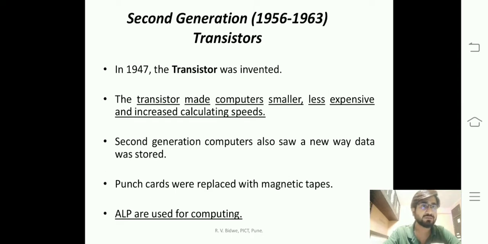And this means one more thing we should understand about the second generation of computers: assembly language programming. This was the first generation where programming was possible. In the first generation of computers, we were only able to perform calculations, maybe arithmetic calculations only, not logical. But from the second generation, programming was possible. So the second generation of computers is actually the first generation of programming.